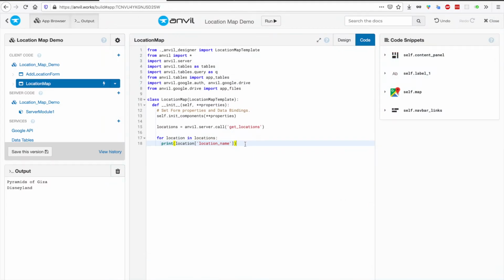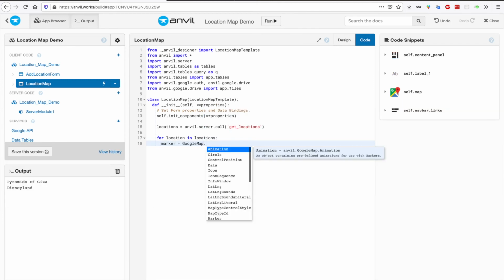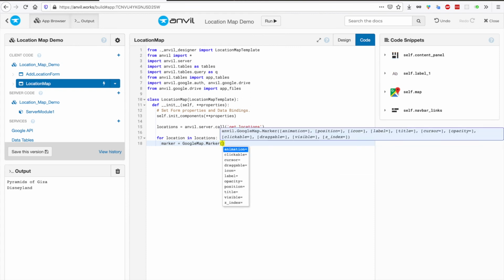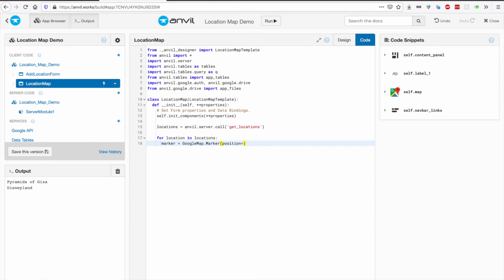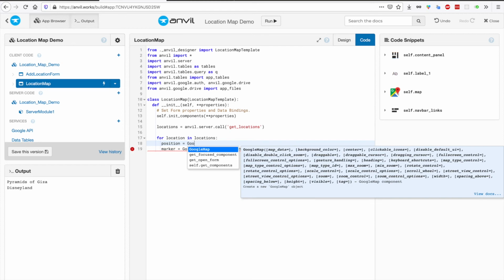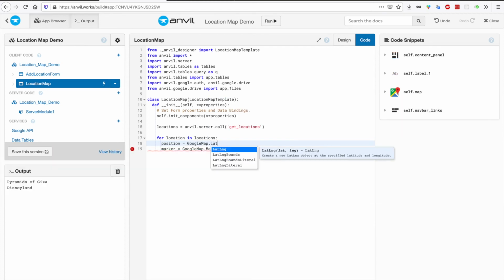So I'm going to create a marker. marker equals GoogleMap.Marker. Now this takes position. The position, remember, was a Google LatLng object. So I'm going to need to create one of those. So I'll say position equals GoogleMap.LatLng,